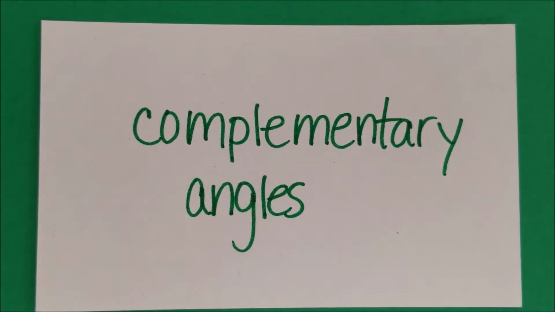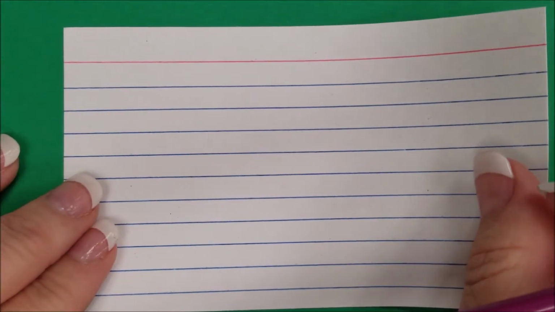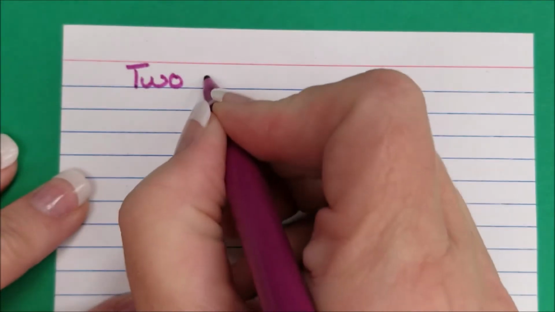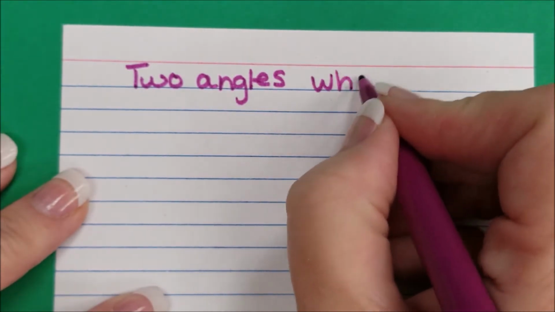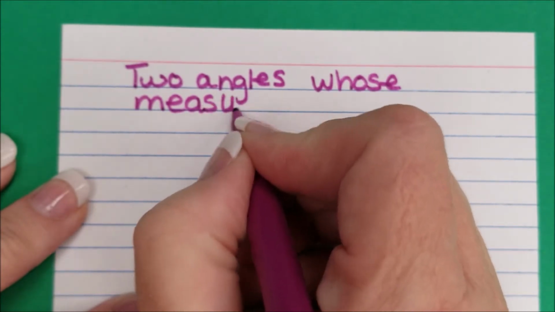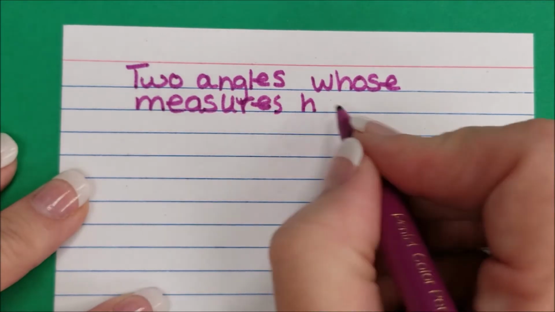Complementary angles are angles that have a particular measure. And it's going to be two angles. So let's take a look at this one. These are two angles whose measures have a sum